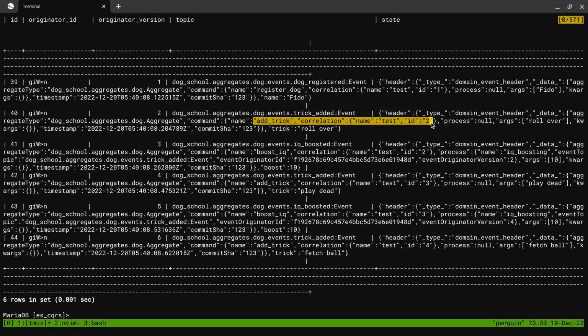And yeah, we don't lose anything. We have a complete trace of what was happening on the system, what, when, how,